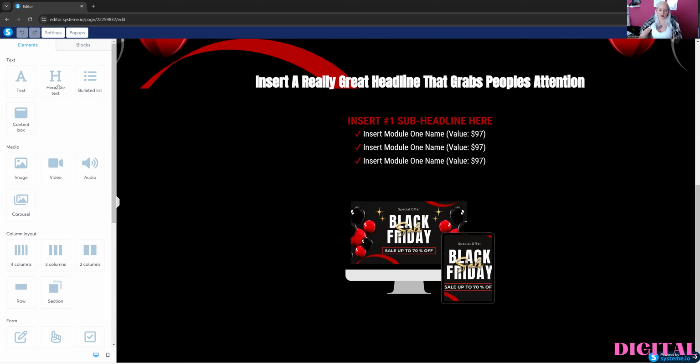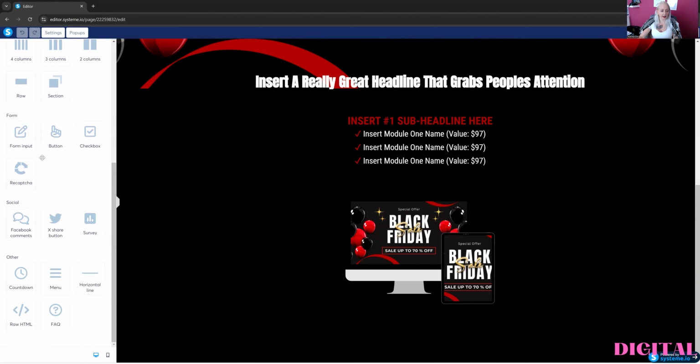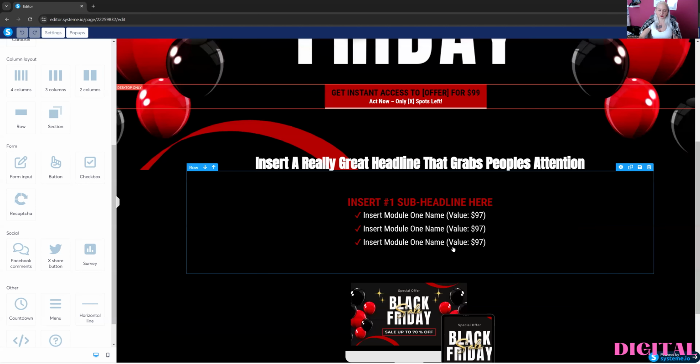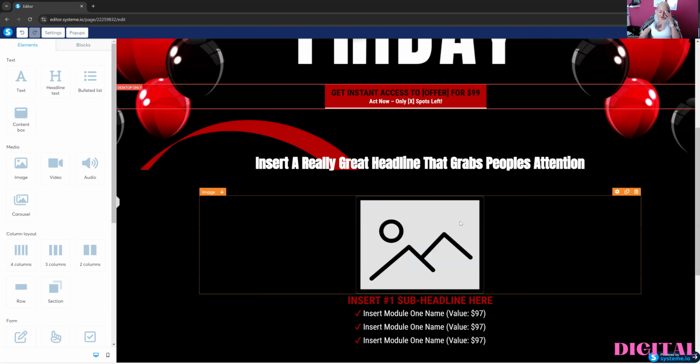So you get your text, you get your headline, bullet points, images, videos, audios, carousel, layout here on the left side. And when I say drag and drop, it is really drag and drop. So if you want to add different image, you drag it, and when you see the blue lines, that's where you drop the thing. So let's say you want to have image here, you put it here, and then you